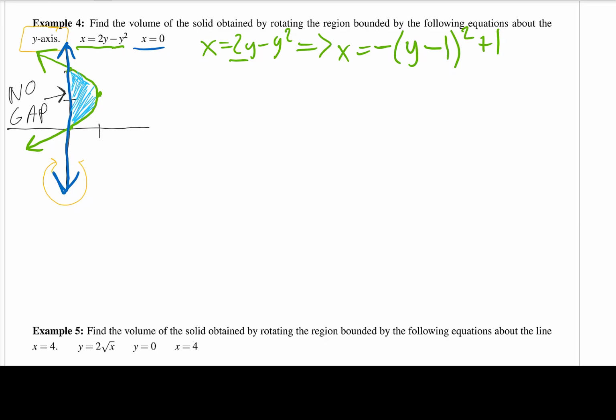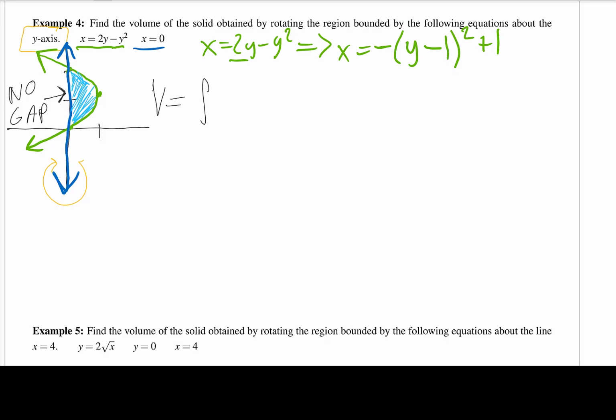Okay, there's no gap in between the light blue region and this dark blue line, other than the gap that I can't color in because I'm not good at coloring in between the lines. Okay, so we should have V is equal to the integral